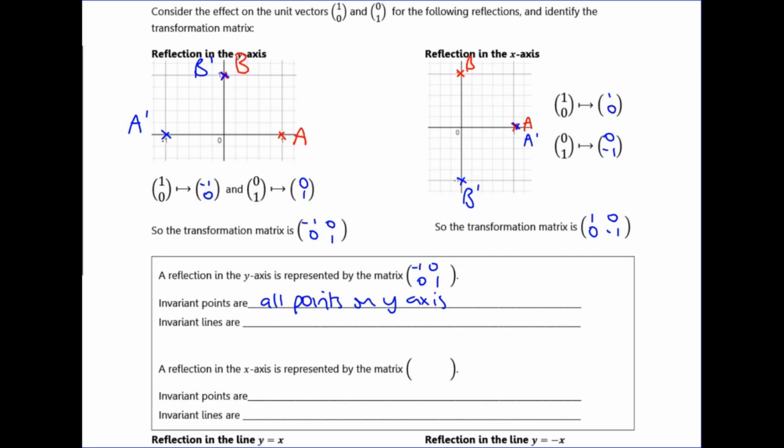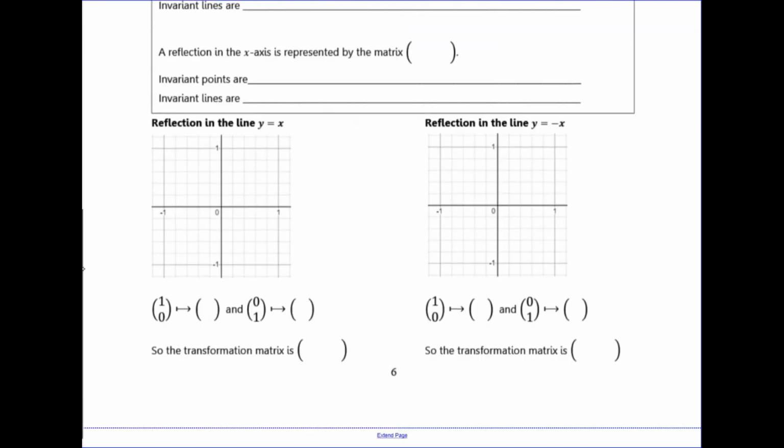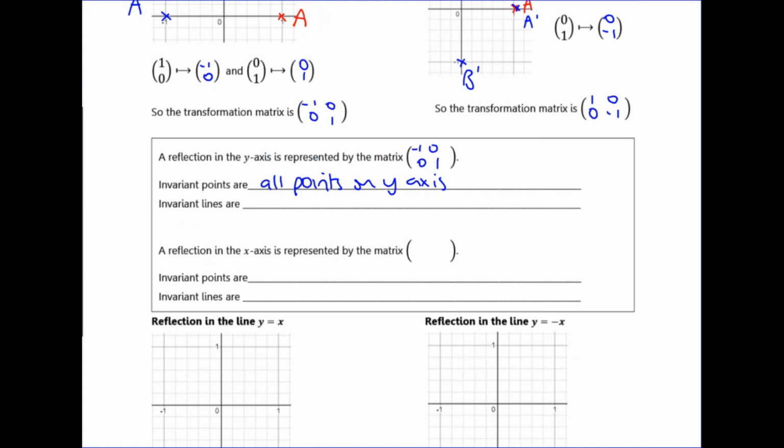An invariant line is slightly different to an invariant point. An invariant line is any line that doesn't get changed when you reflect it in the y-axis. It's not necessarily that the points on that line stay the same. For example, when you're reflecting in the y-axis, any horizontal line, if you reflect that in the y-axis, stays as that same horizontal line. The points inside that line do change. So this point over here will get reflected to this point over here. But as long as the points get reflected onto the same line, it doesn't matter. So invariant lines for reflection in the y-axis are all horizontal lines